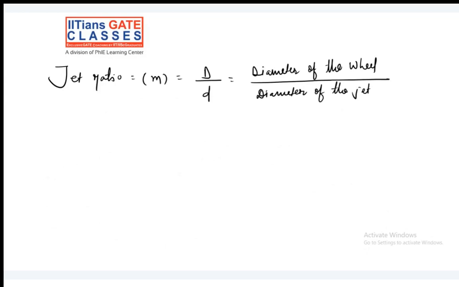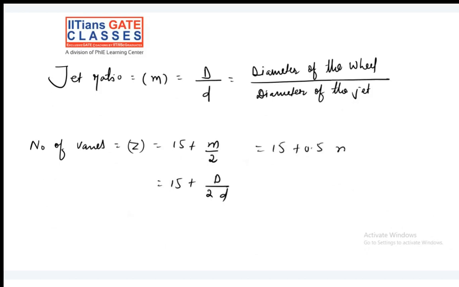So what is the number of vanes we should be using on the wheel? This is denoted by Z. This is equal to 15 plus m by 2. So this is 15 plus D upon 2 times small d. Okay, so we can also write that this is nothing but 15 plus 0.5m. So number of vanes, this is the formula. Okay,